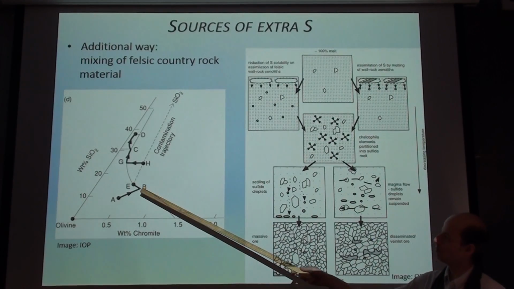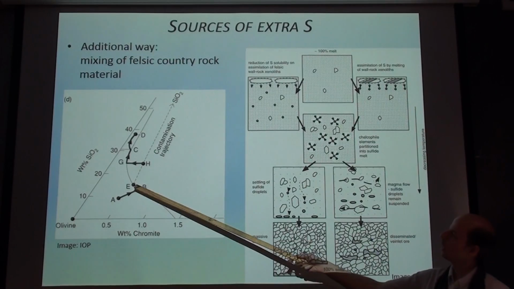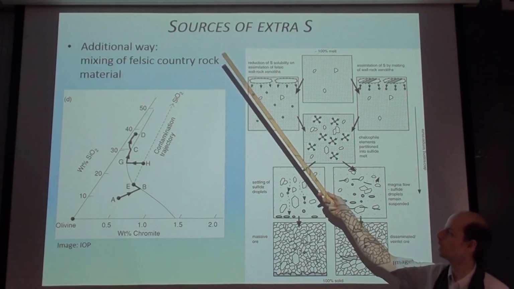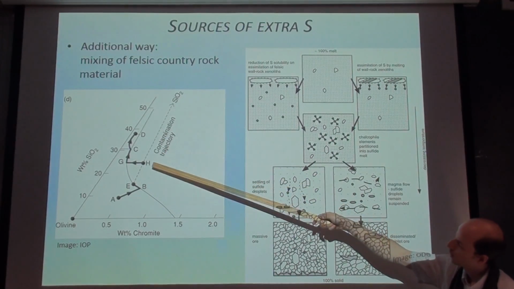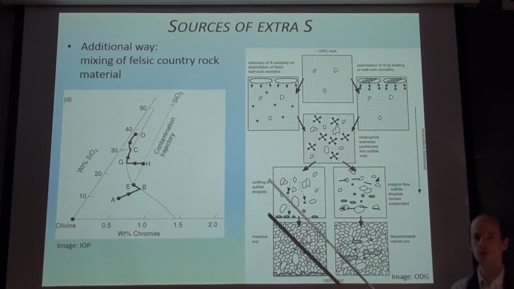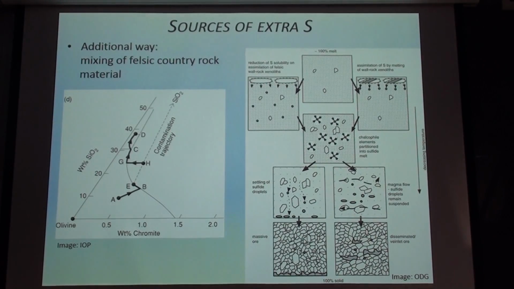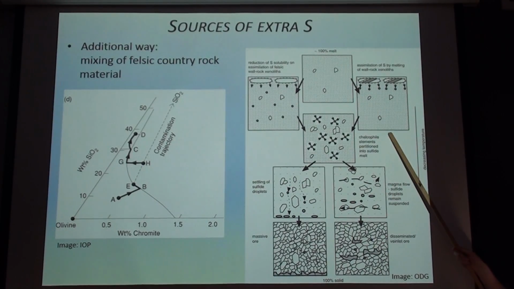If we have a magma at this point and we mix it with a silica-rich country rock, we basically end up with a composition which is all within the chromite or the oxide or sulfide field, and so we have sudden saturation of sulfides. And nickel, a chalcophile element, likes to bond with sulfur, so we have this precipitation of sulfides,